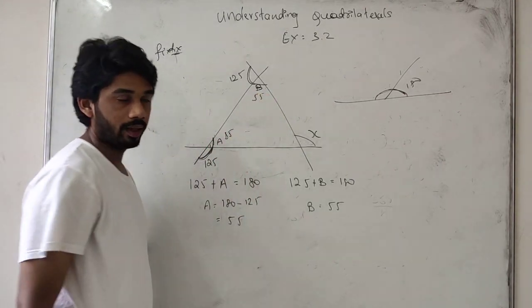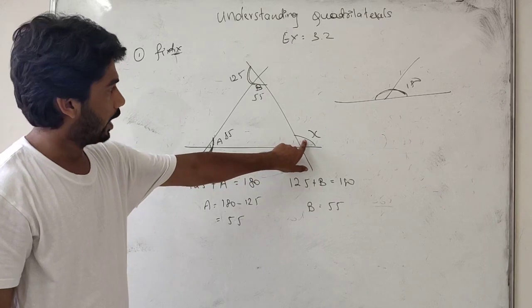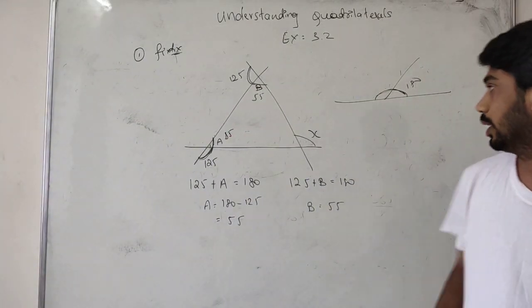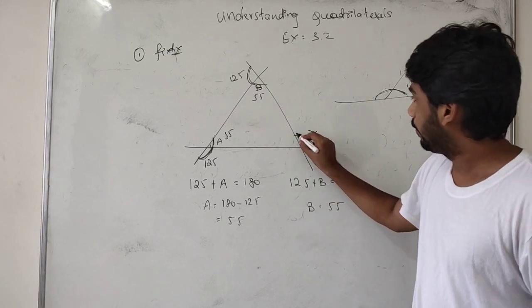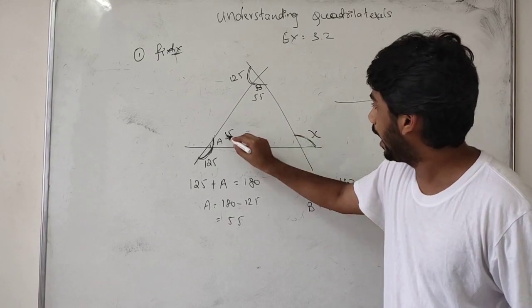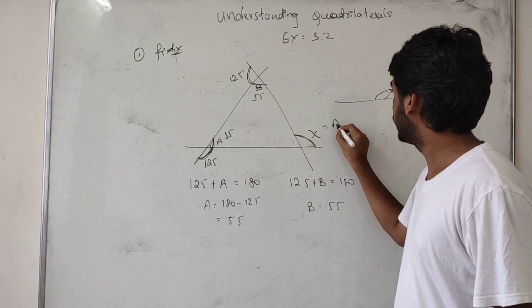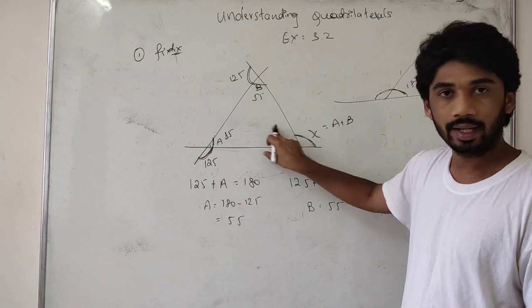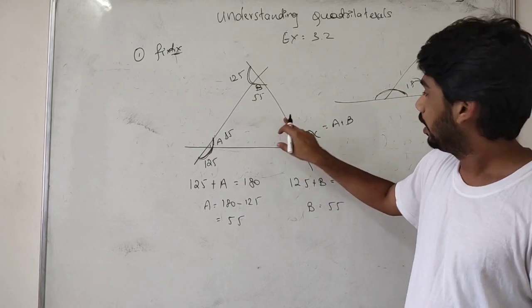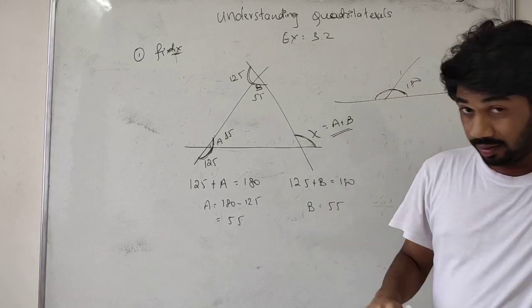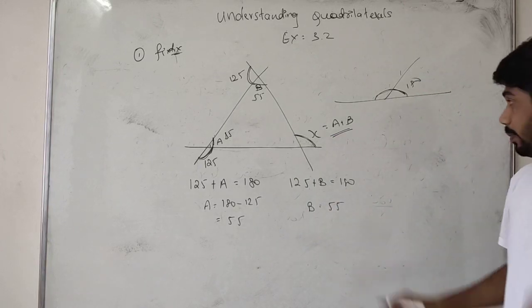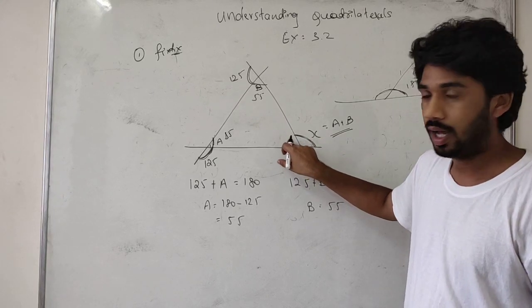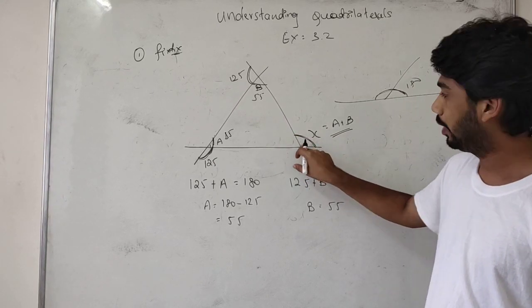See, the external angle is the sum of the internal opposite angles. This is our concept. To find the external angle, if we add both of these, we get x is equal to a plus b. Otherwise, you can take a triangle. We can solve it in two methods. First method is method 1: if you add both of these, you will get the answer. Otherwise, you take this angle, substitute in 180 minus, and we will get this angle.